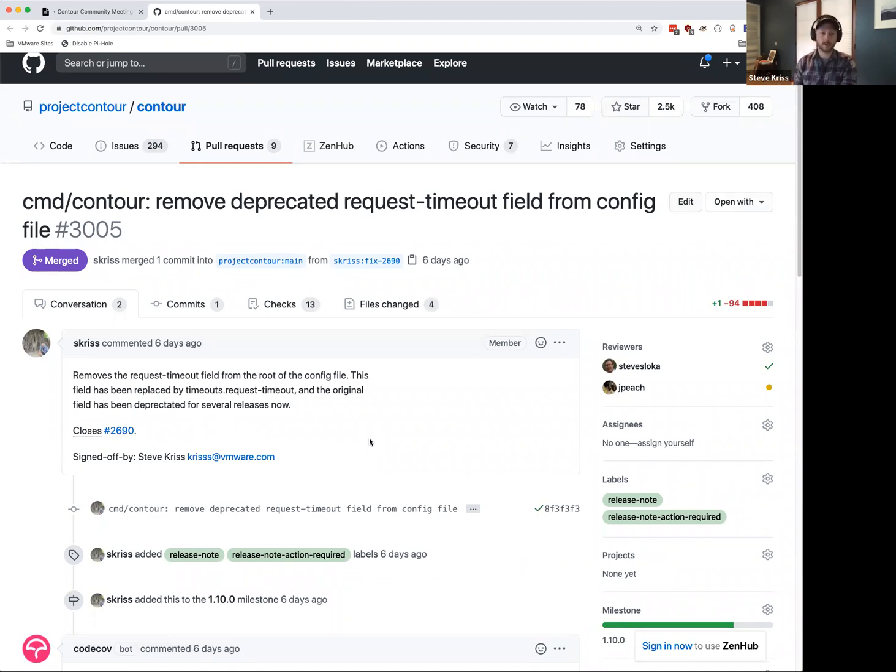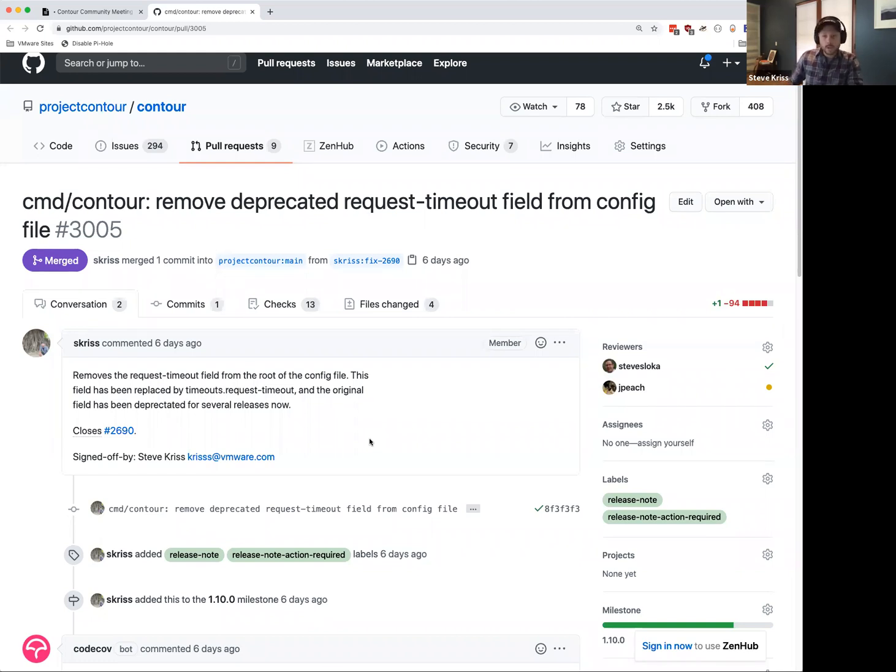That was several releases ago, but we left the old field around for compatibility, but we will be fully dropping that field as of 1.10. So if you are using it and you haven't yet migrated to the new field, make sure you do that before upgrading to 1.10 in a few weeks.